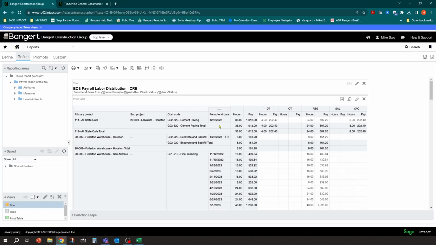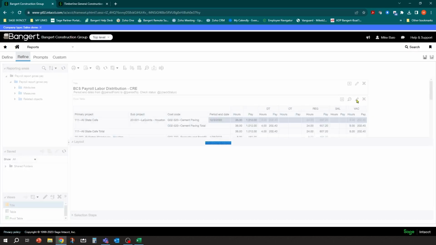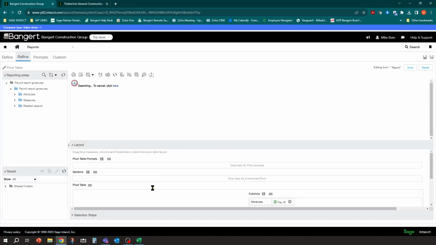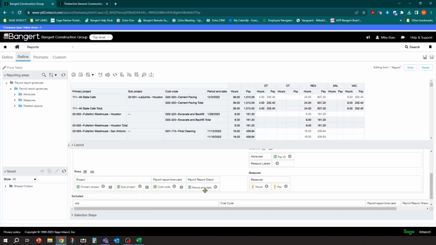You're going to be able to do some things like this: period end date. You might want to make this right justified. So that is going to be over in the details. Here you come in and hit edit view, and now you go find that period end date column. This might take a second to open up. Down here you'll see all of your different columns, and there's that period end date report. Now I can click on the little settings wheel and click on column properties.